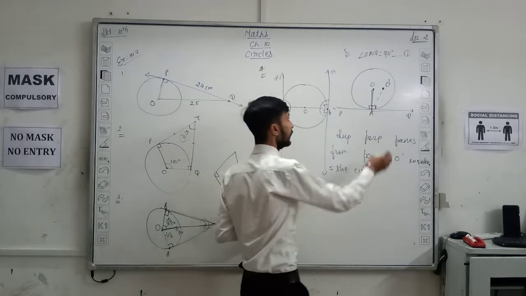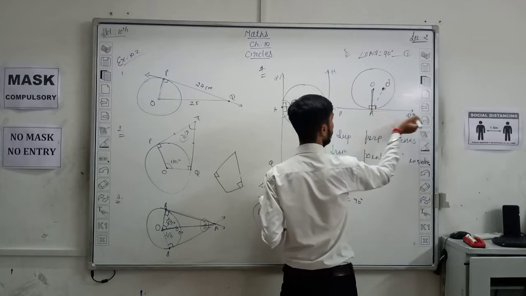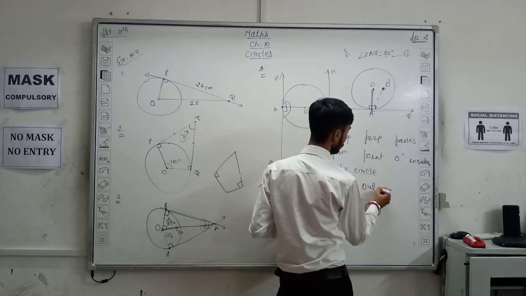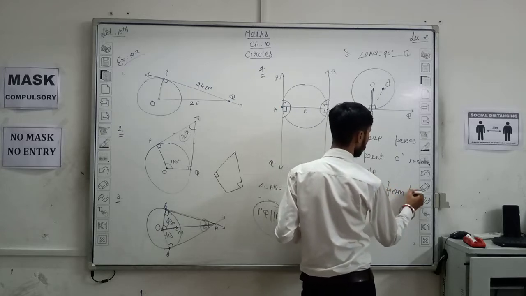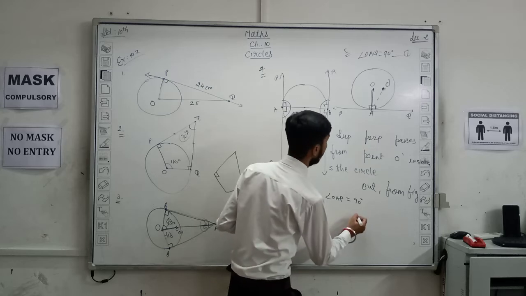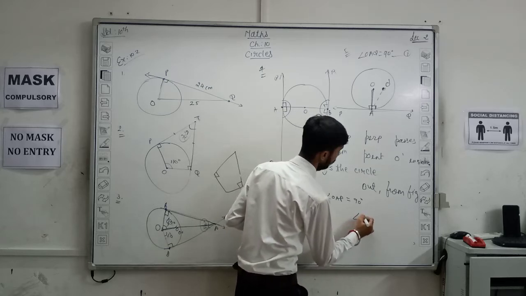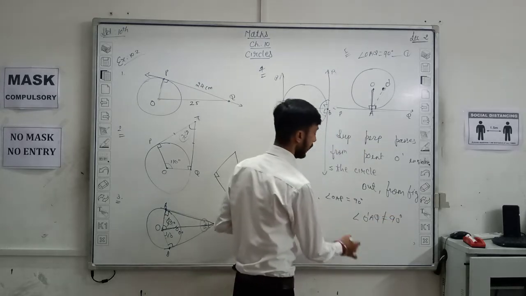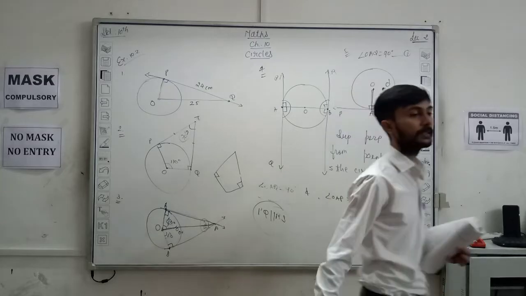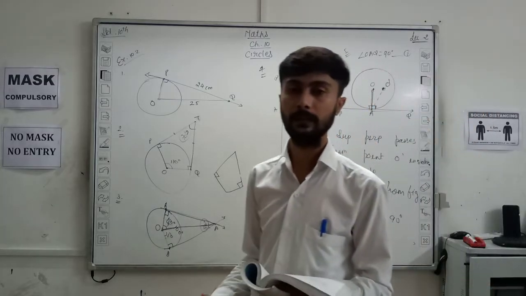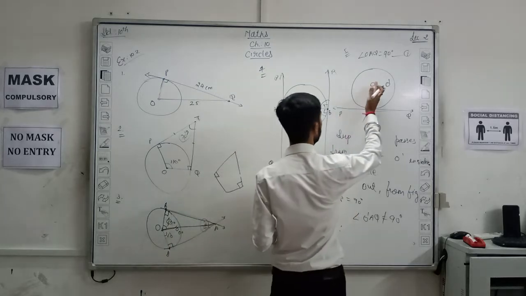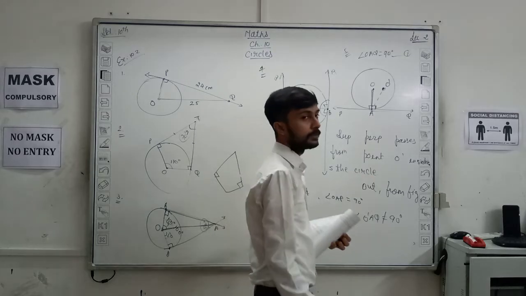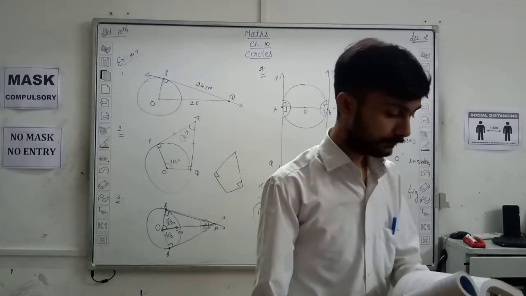But you can see this angle O dash AQ is not 90 degrees from the figure, and therefore we can say that it passes through the center. Because if we change the center to any other point, the angle will either be less than 90 or more than 90, so it's not possible.